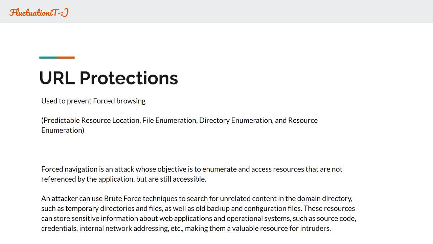We have also, of course, the URL protection. This is very well known, because URL protection is something that you must use to protect. URL protection is used to prevent forced browsing: predictable resource location, file enumeration, directory enumeration, and resource enumeration. Forced browsing is an attack whose objective is to enumerate and access resources that are not referenced by the application